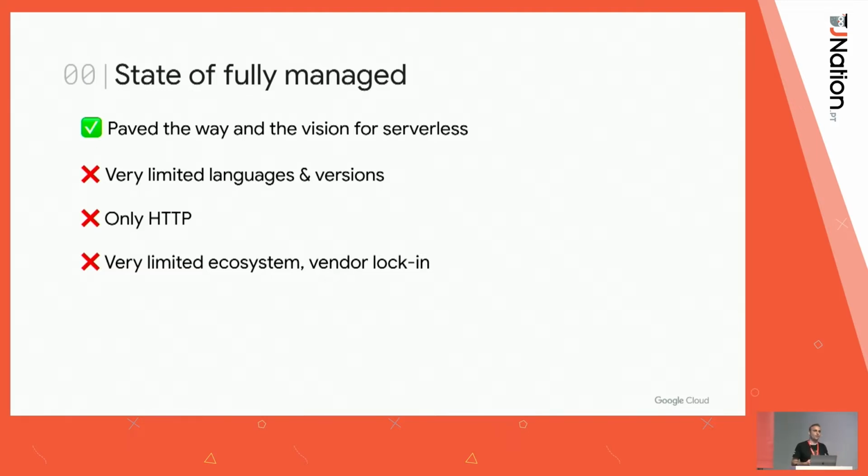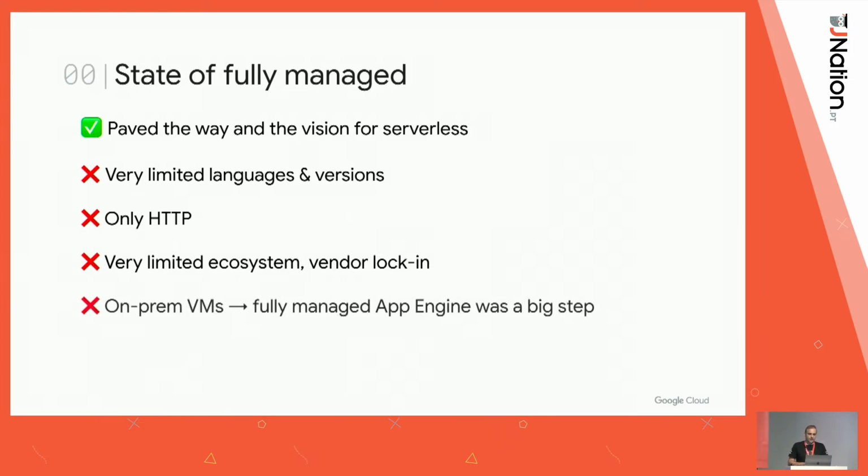So imagine you're coming from open source, you're using all this Apache stuff in 2008, and then all of a sudden we tell you we have this new App Engine, come and use it. It was not easy for people to do because people were scared of vendor lock-in, and rightly so, right? You can't just depend on one company for all your infrastructure. And at the time, people were running on-prem virtual machines. So when you have on-prem virtual machines and you tell those people, forget about all the investment that you did, and just switch to this fully managed App Engine, that was a huge step, right?